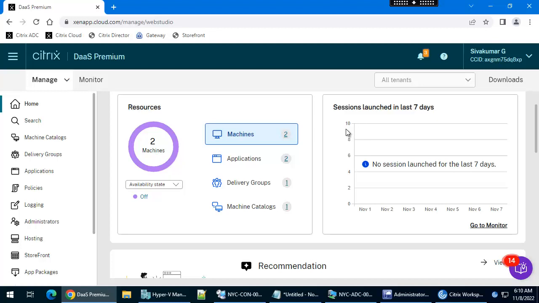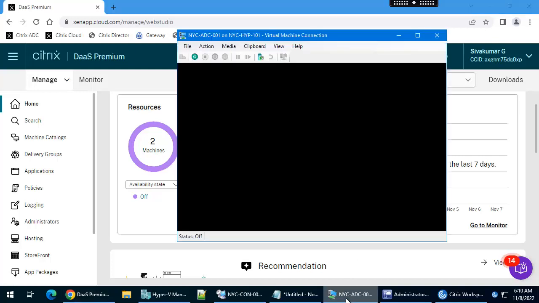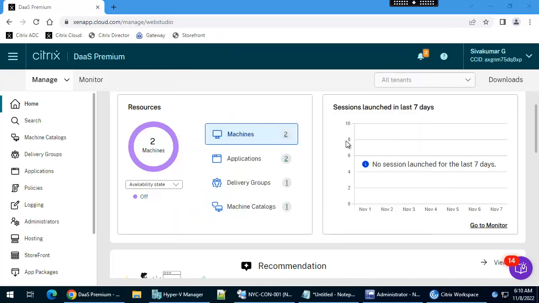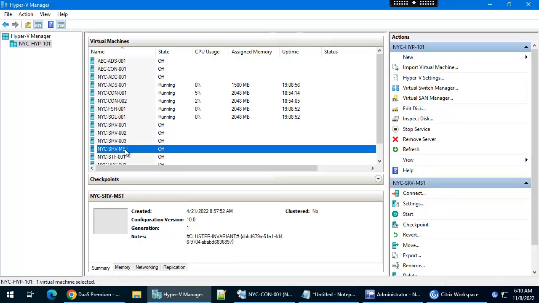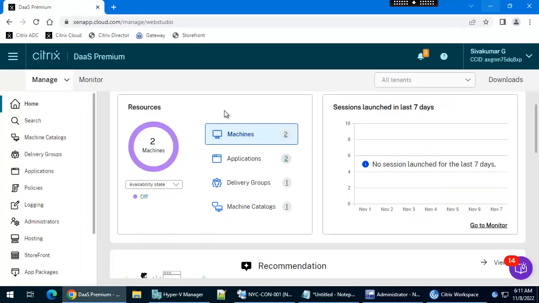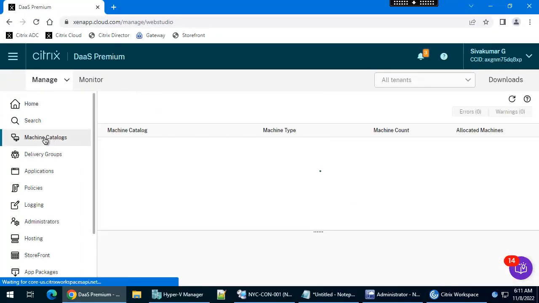Hello everyone. In this video, I am going to show you how to create a non-domain joined machine catalog in the Citrix Cloud. First, let me show you the master image which I am going to use to create the non-domain joined machine catalog. In Hyper-V, this is the machine I am going to use to create MCS-based server operating system, non-domain joined machines. Just go to machine catalog,